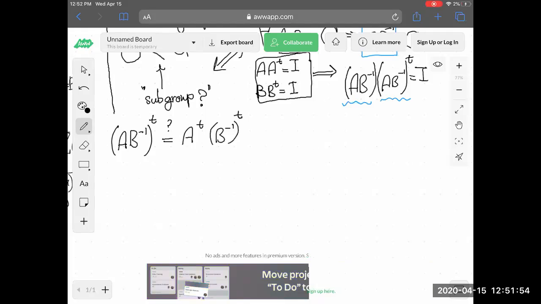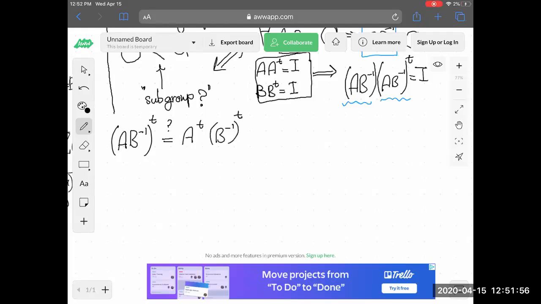Do you have my voice? Okay, so this is not correct. A B inverse transpose actually is equal to B inverse transpose A transpose,